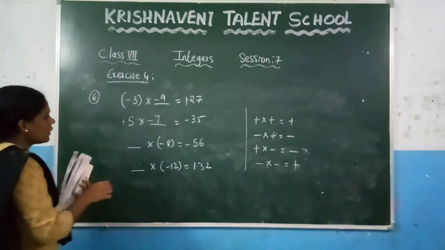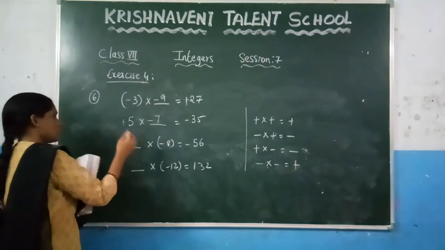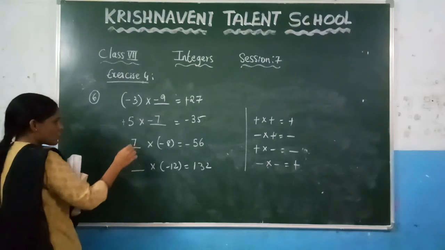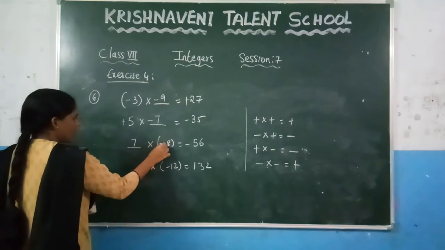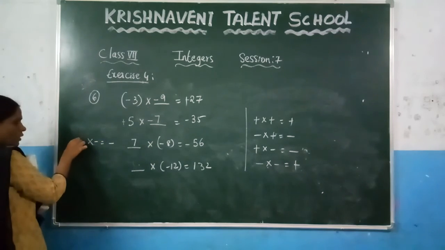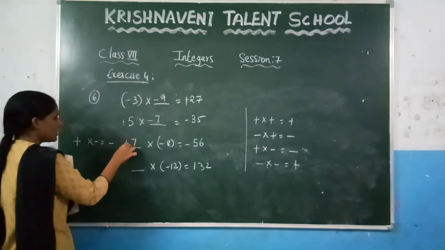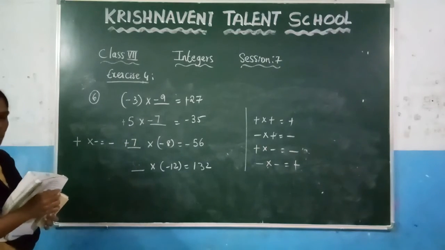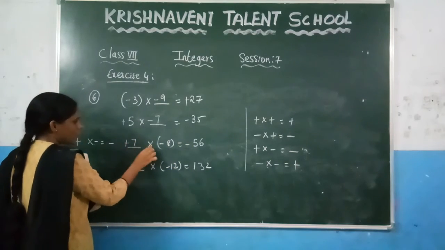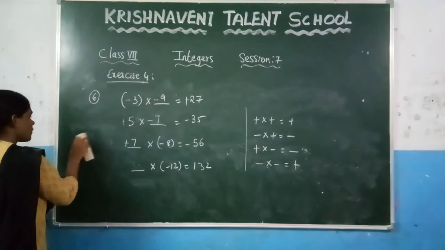Here, in the 8 table, when you get 56, 8 7s are 56. Now you need to check the symbol. So here nothing. Here into minus is there, which is equal to minus. Which symbol do you have to keep here? You know that plus into minus is minus. So you have to take the number as plus 7. If you want to check, you can check it. Plus into minus is minus. 7 into 8 is 56. Now see the next question.